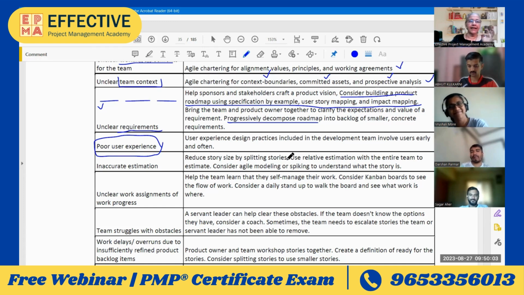What it is saying is your product is going to be used by people. So you have to think about what experience they get when they are using your product. If you want them to have a better experience so that you have better customers, your product speaks for itself, you get better reputation. If you want that, talk to users, ask them what you want, involve them early and often. Okay, I'll give you one example of how user experience